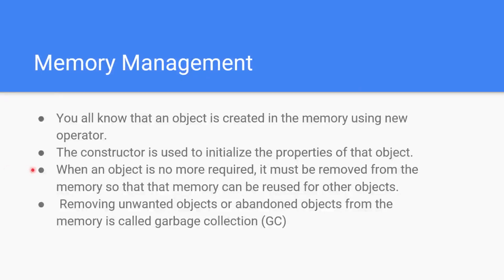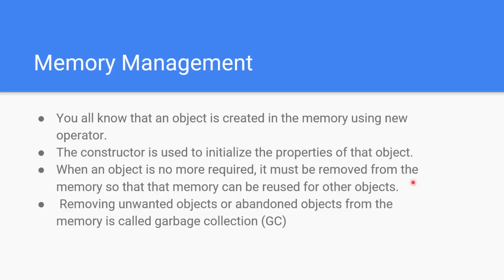We discussed earlier that memory management in Java uses two sections of memory, one called the stack and one called the heap. And you know that an object is created in memory using a new operator. We talked about new that instantiates that object. And it's loaded into the heap with a reference of the name of the class or the object on the stack. The constructor is used to initialize the properties of that object, and when the object is no longer